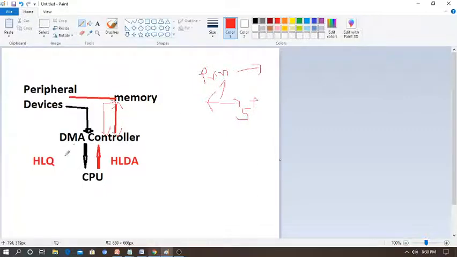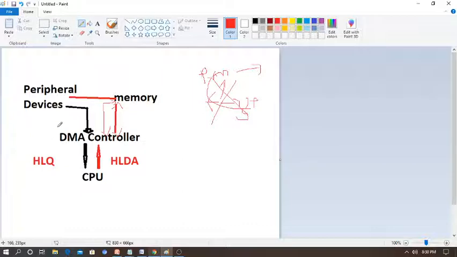So what is the first step here? Remember, I already told you why we need DMA: it helps you do data transfer very fast without involvement of the CPU. That means it has to get permission from the CPU and wait for some time. After getting permission from the CPU, it will work as a master, like the principal here, similar to the college. This example is only for understanding purposes. Don't write it in any university exam, please.